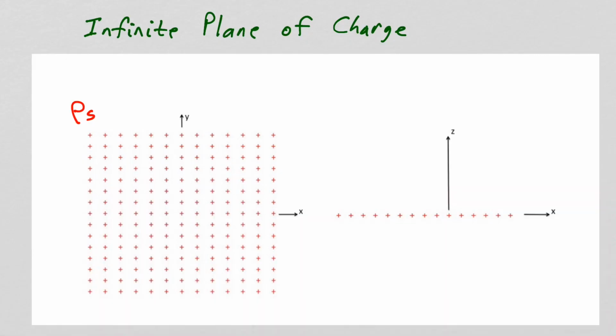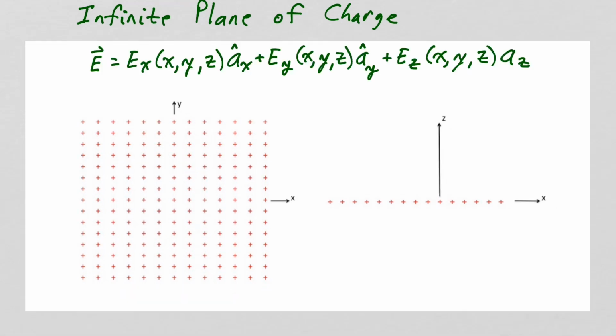Let's find the electric field due to an infinite plane of charge in the xy plane, and let the charge density be rho sub s coulombs per meter squared. So this is looking down on the plane of charge from the positive z-axis. This is looking edge on at the plane of charge, looking down the y-axis with the positive y-axis into the plane of the page. This is the general form of the electric field intensity in Cartesian coordinates, but most of